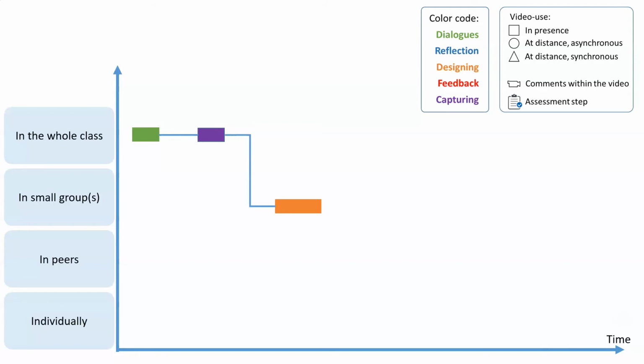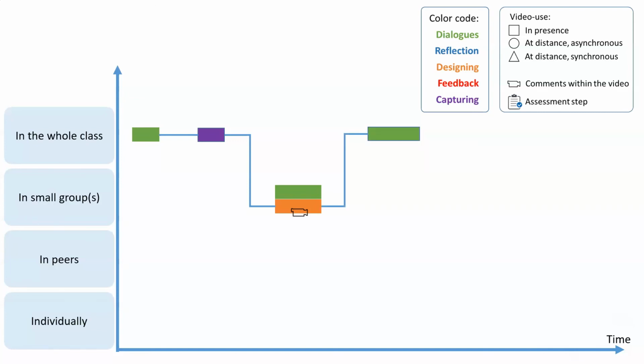And this was even functional to the second phase of the scenario, where in small groups they designed the hypervideo. So again, here we have the icon of the comments, which are not comments in the same sense as in the teacher education experience, because here they had to integrate additional layers of information in whatever form, attachments, brief texts, quizzes, to transform the raw video into a hypervideo. This was done in small groups. And that's why we also put dialogues, because the designing phase was a phase of negotiation where dialogue was also very important within groups.